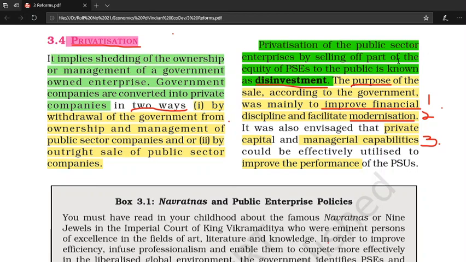It has a target every year of how much stake to sell. It has sold stake in well-known companies like Maruti Udyog, the one producing Maruti cars. There, it has sold stake to the public in the stock markets so that they can co-own. Hindustan Zinc, the unit producing zinc, Balco, Bharat Aluminium Company Limited, and there are also talks to sell stake in Air India